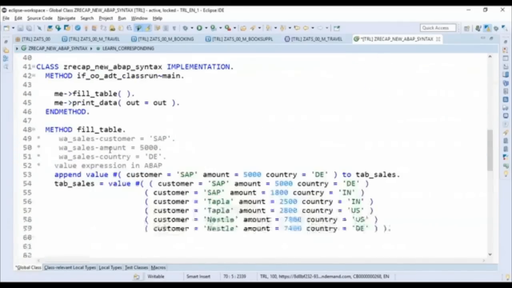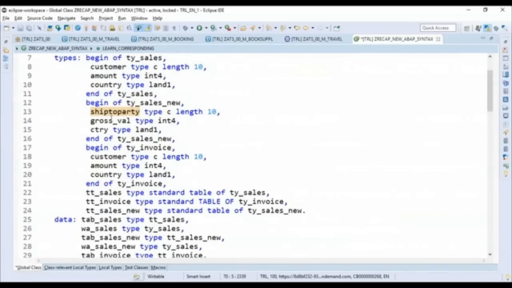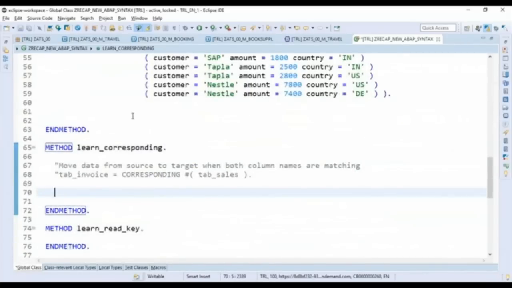So again, this time we are moving to tab new sales. So tab sales new equals to corresponding hashtag, and now in this you will be doing this movement. How will you be doing this movement? Very easy. To do this movement, now you have to specify the target columns. How do you do that? You can say my source tab sales